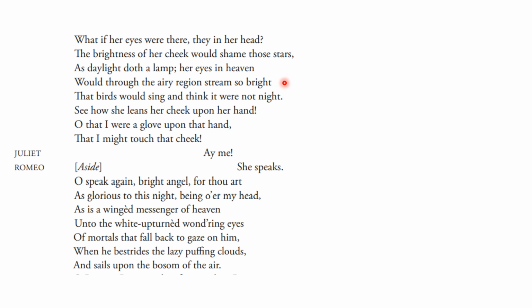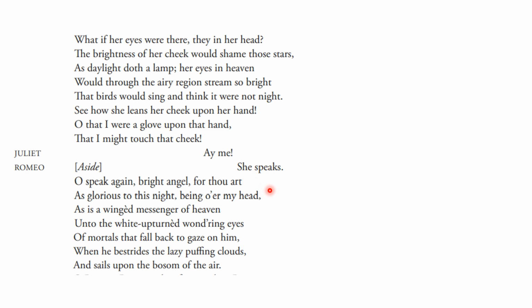The fact that if her eyes were in the sky, they would be so bright that birds would start singing, and thinking her light was the light of day. So, literally comparing her eyes to the sunrise. And then Juliet hears or sees him and says, "Ay me," which is just a kind of like, oh my God, who's that? And then aside, he says, "She speaks, oh, speak again, bright angel, for thou art as glorious